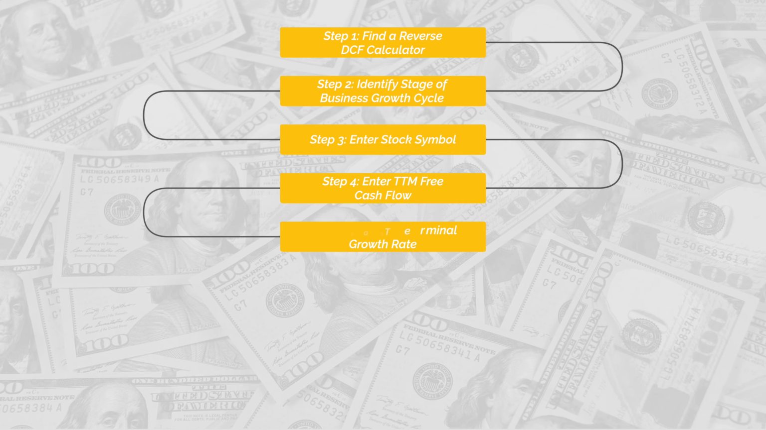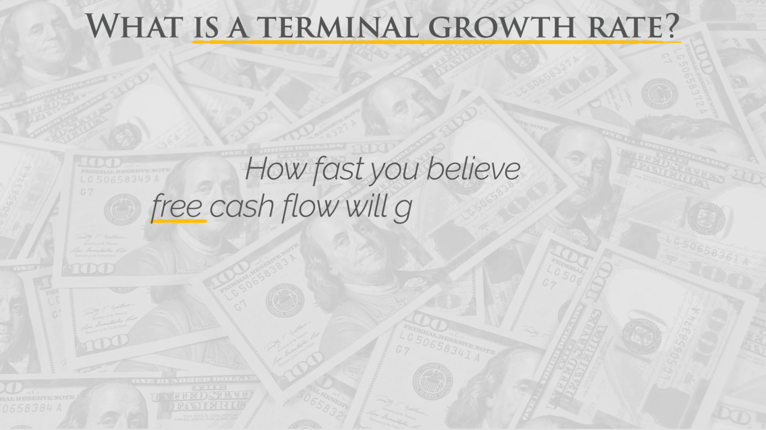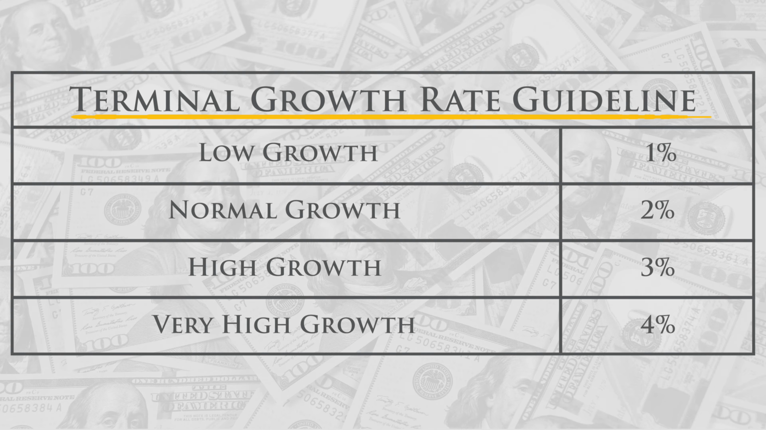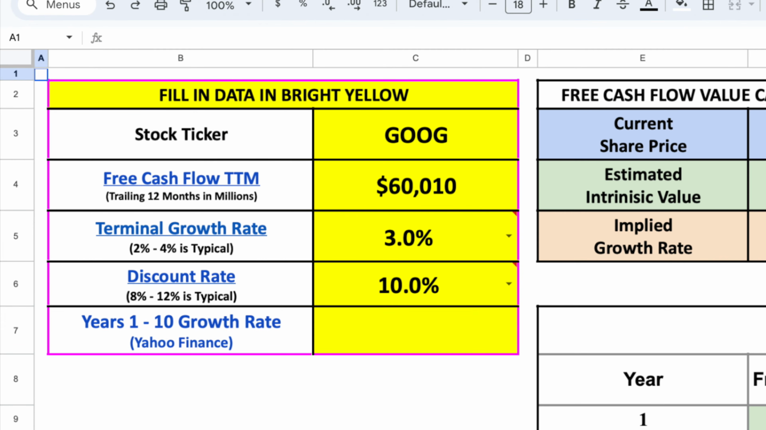Step number 5 is estimating a company's terminal growth rate. What does that mean? The terminal growth rate estimates how fast a company will grow once it has completely saturated its market. In general, that should be about equivalent to the GDP of the economies where it operates. As a rough guideline, this number should typically be between 2 and 4%. So in Google's case, we'll input a terminal growth rate of a free cash flow of